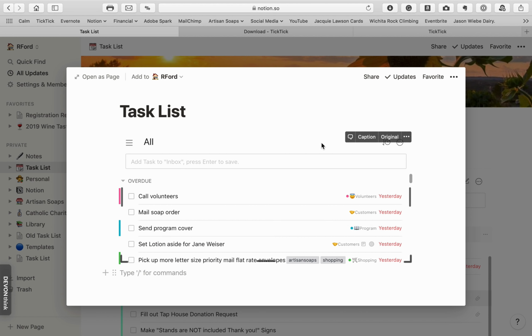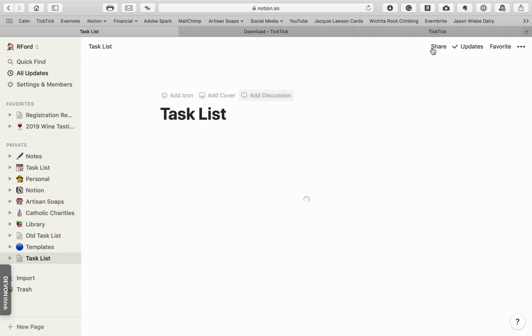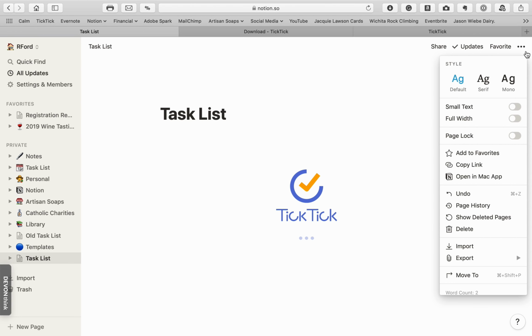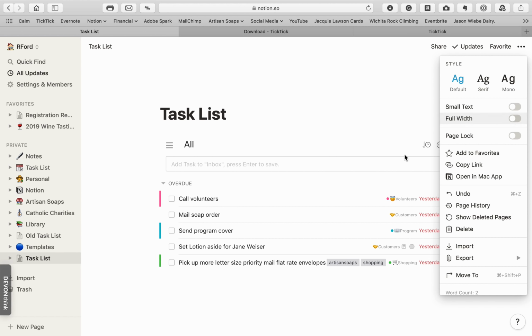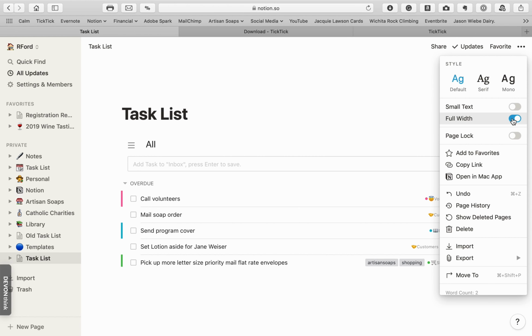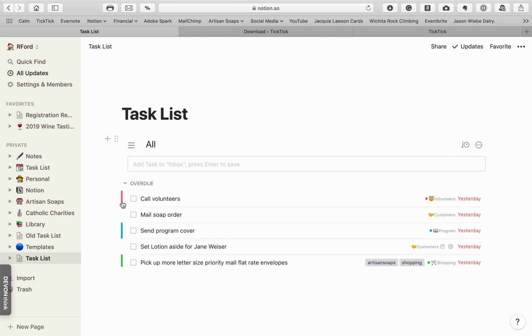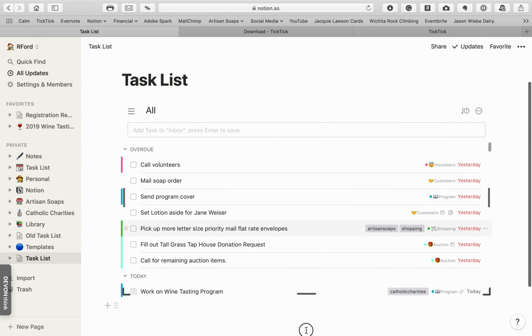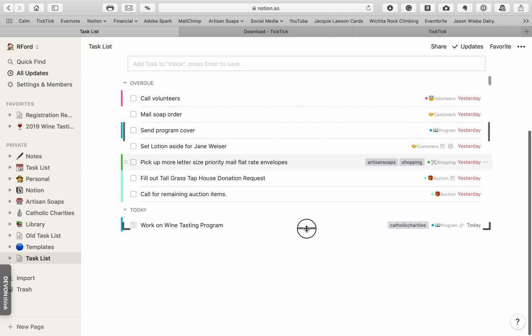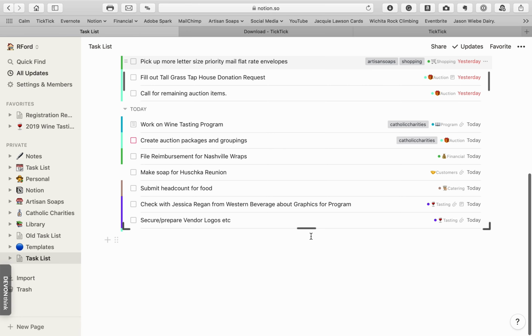And then what I do, actually, you know what? Open that as a page. And then what I do is set this to full width. Full width. There we go. Oh, for crying out loud. There it goes. Okay. And then what I do is pull this down and keep pulling it down and keep